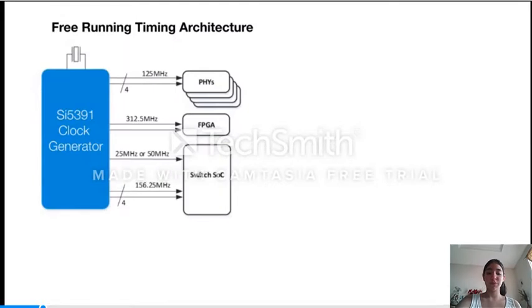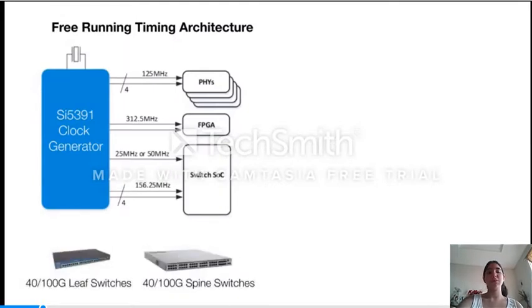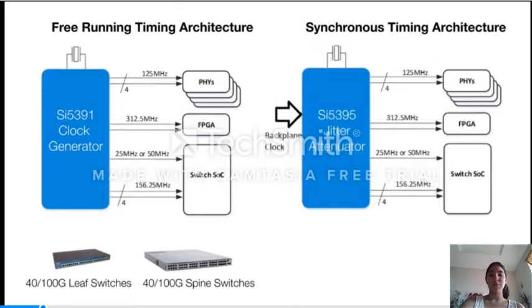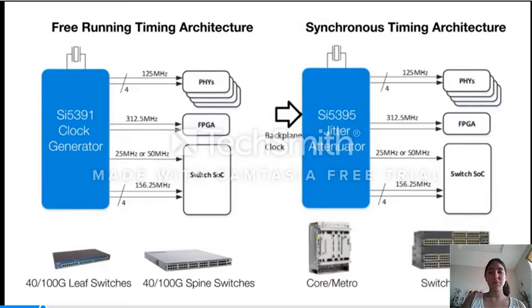Clock generators are typically seen in data center applications like leaf and spine switches. They work best to generate low jitter clocks, but not to clean noisy input clocks. A high-performance clock generator like the SI5391 can be used to generate low jitter clocks. Jitter cleaners are seen in applications like rack systems, where a backplane clock needs to be cleaned and synchronized to the outputs. For these applications, a jitter attenuator like the SI5395 can be used to clean the input and generate